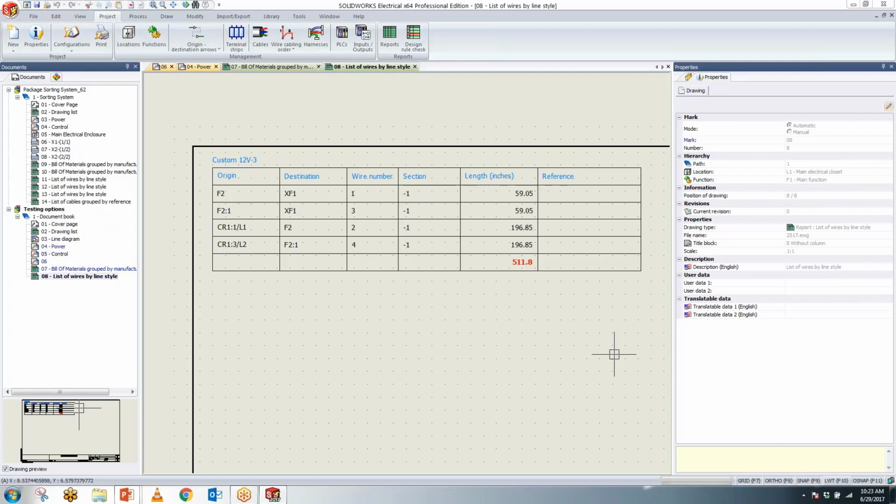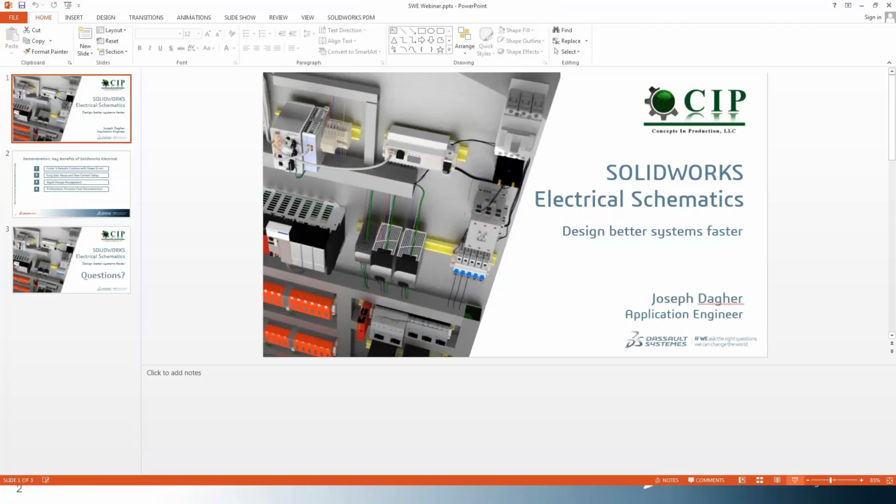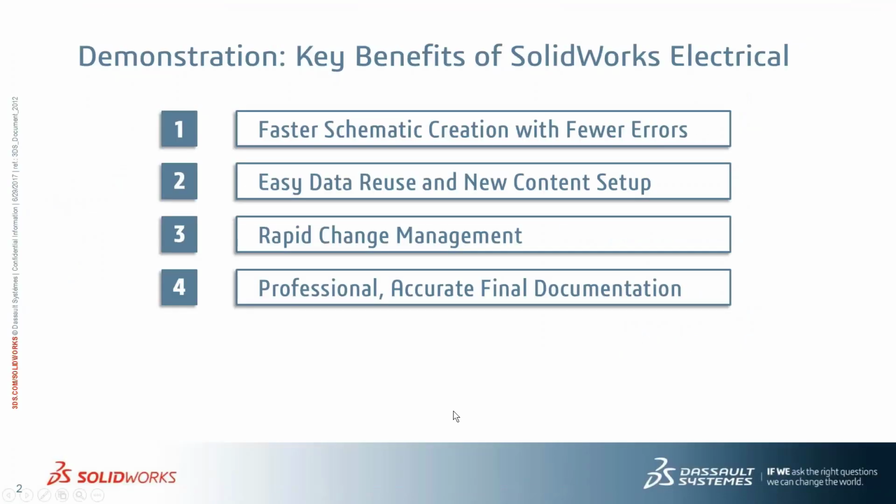If you have international audience, international customers, you can create your projects with ISO, GOST. There's 4 kinds of standards that you can use to create your projects in SOLIDWORKS Electrical to target European customers, Chinese, besides the ANSI and the ISO standards. Let me go back to my presentation here, and